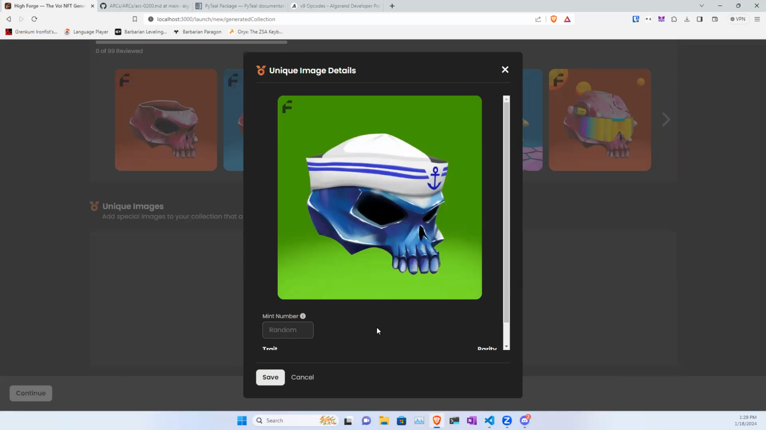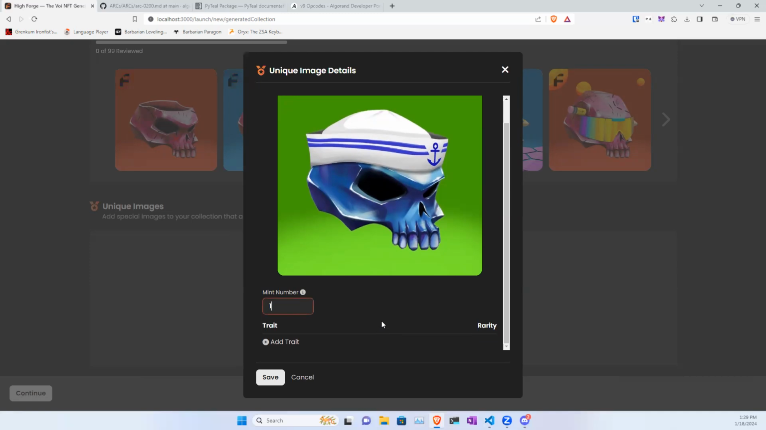Now, sometimes with uniques and collabs, you want to make sure that you can mint them specifically. So the way that this will work is, as the creator, after the project launches, you can mint as many NFTs from your collection at any time for free. So you can specify, like, I want to make sure this one pops out in mint number 1. Okay. If you leave this blank, this unique image will just get shuffled into your collection randomly,